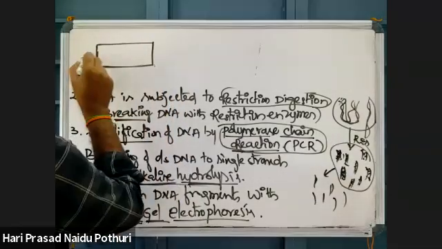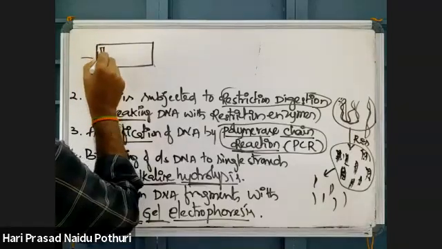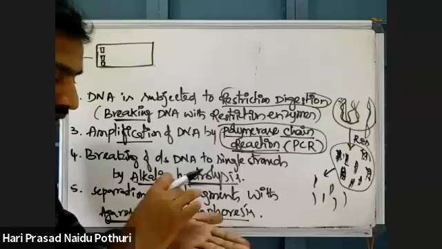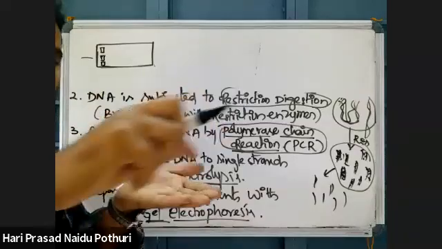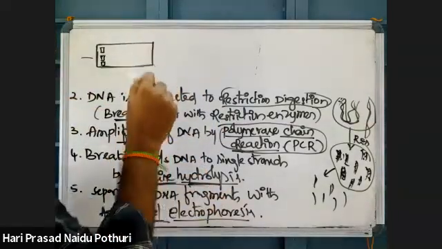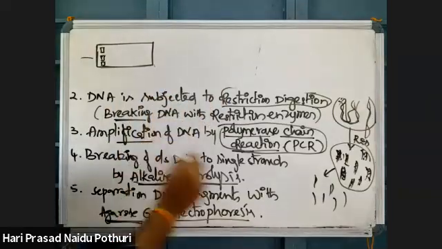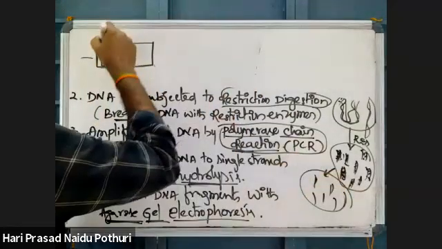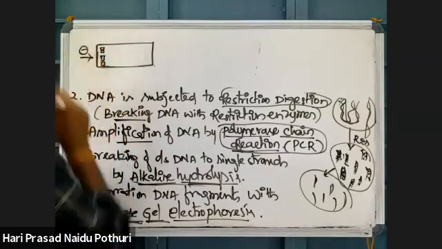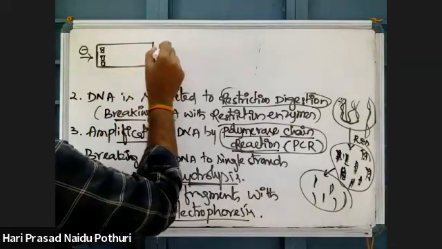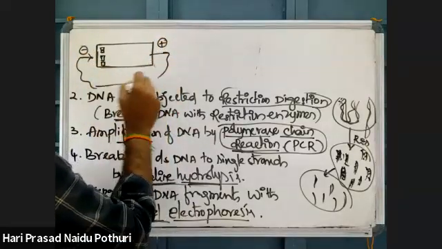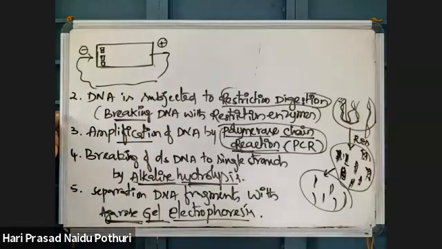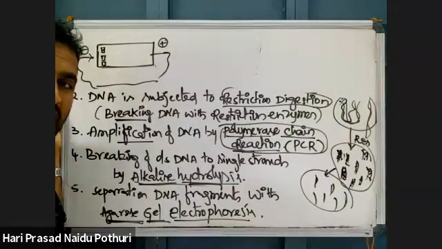The DNA sample is placed in this gel plate. The gel is prepared as a flat, rectangular structure of this thickness, and some holes are made into it. The DNA sample is placed in the holes near the cathode, and the power supply is attached. What happens if the power supply is attached?